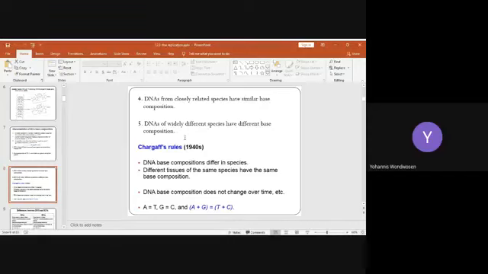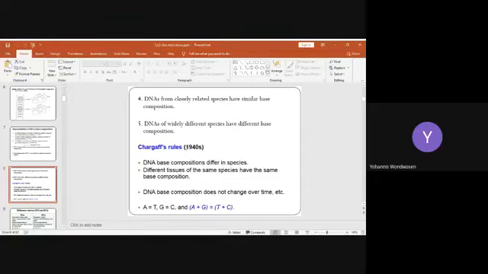As I just told you, for example, the base composition of human DNA is totally different from the base composition of another species. When we see fish, for example, it's a totally different base composition. Those base compositions being different physically leads to biochemically different changes. So when we see Chargaff's rule, it was first